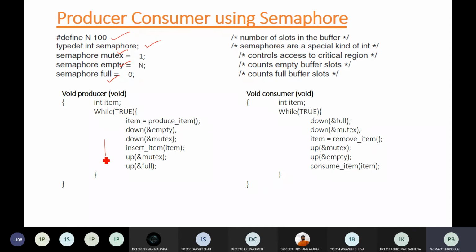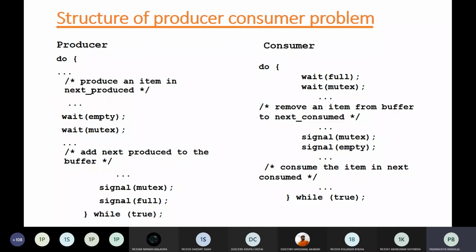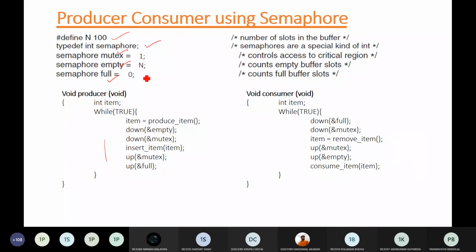So first let's check the producer's code. You have an item, and while true, as it will execute an infinite number of times. Your producer produces one item, and this item is to be placed into the buffer. Now, down of empty: which operation do we have to perform on empty?